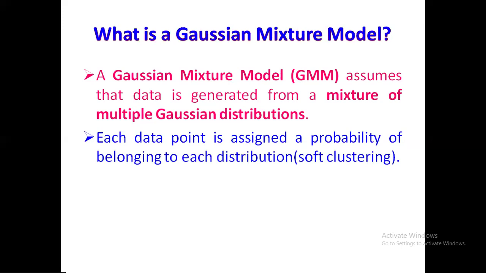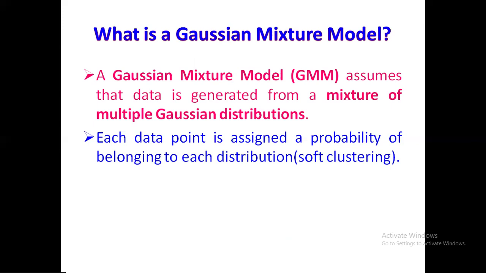Rather than assuming that all data points come from a single distribution, the GMM assumes the data is generated from a combination or a mixture of several Gaussian distributions. Each component in the mixture represents a different cluster or subgroup, allowing GMM to model more complex data patterns than